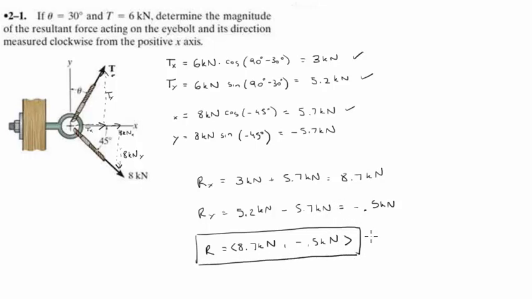If they want you to give the answer in vector notation with magnitude and direction, all you gotta do is square 8.7 and negative 0.5, and then find the square root. That will give you the magnitude, which will be 8.7 squared plus 0.5 squared. Square root of that would be